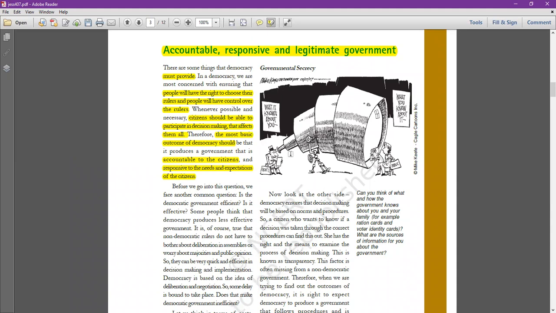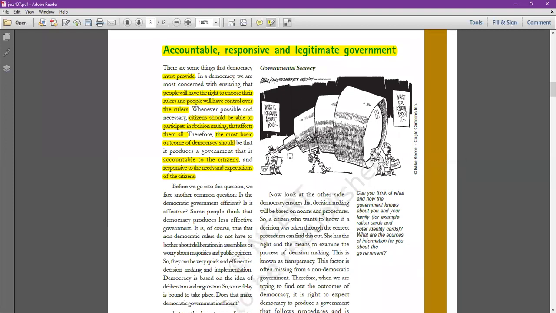And legitimacy simply means that through elections, which must be free and fair, whomsoever the people elect, whichever party, not only established parties, even a new party can be elected by the people, that party must be given the right to form the government. So legitimacy must be there, meaning free and fair elections must be there. If these things are there, we can say that democracy has been successful, democracy is thriving.